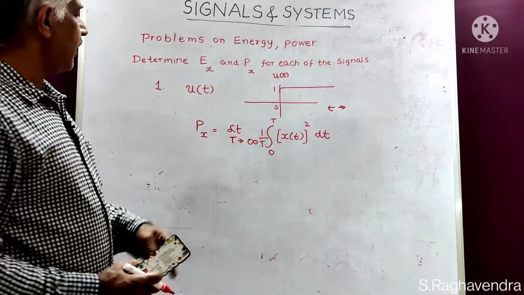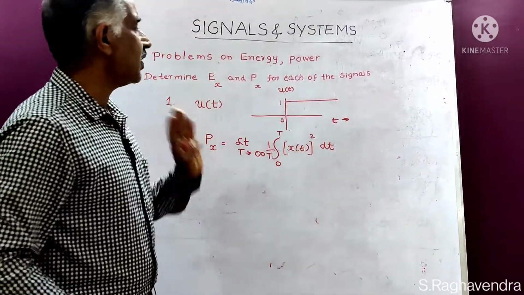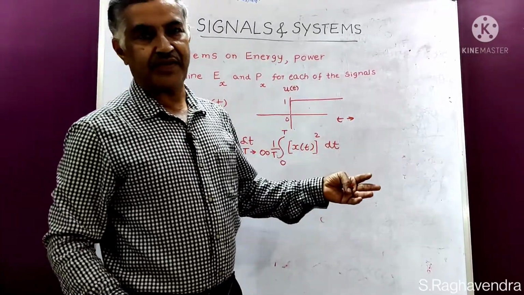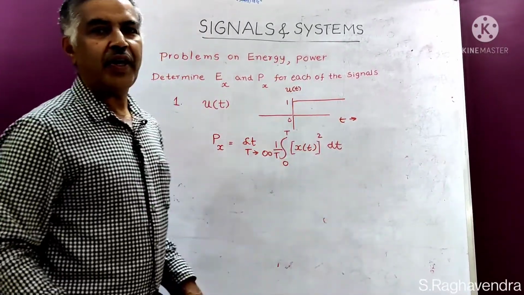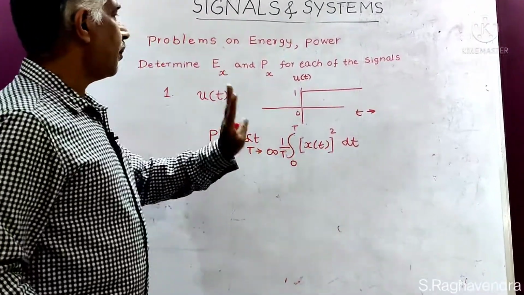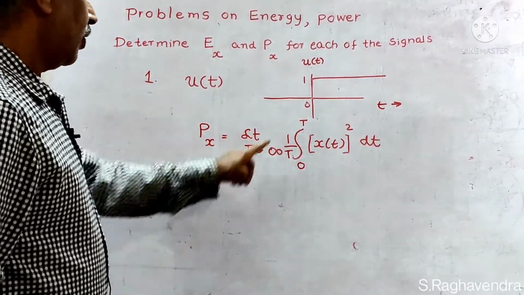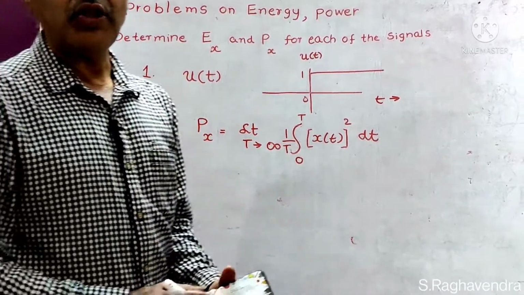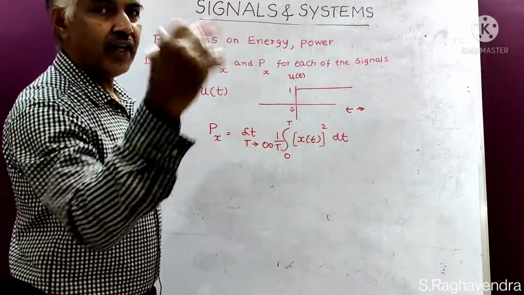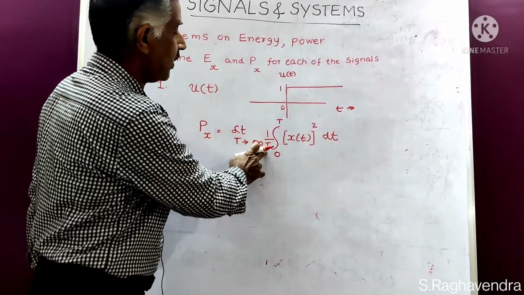Keep one point in mind: here t doesn't mean that it is the period. No, it is a step signal. Power is calculated on an average basis. That is why I have taken an arbitrary time t. It is not the period, it is simply t. The interval 0 to t is stretched over t seconds. That is why, for calculation of the average value, in the denominator I have to take t.